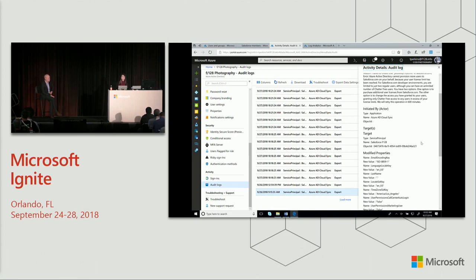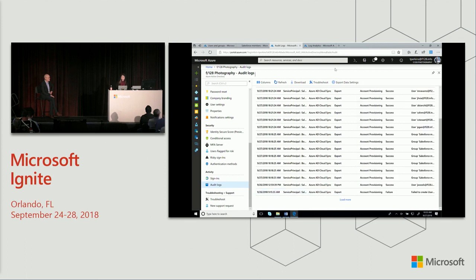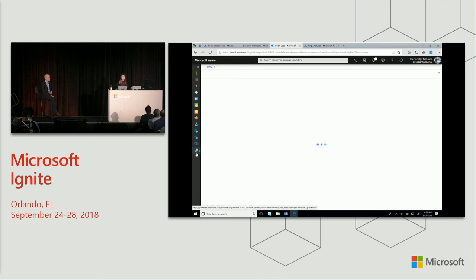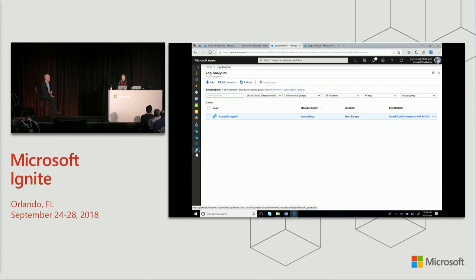But you're probably noticing that this type of data is great for one-off troubleshooting cases and trying to understand what might have happened, but it doesn't necessarily help you when it's time to aggregate and analyze this data. So as mentioned, one neat integration we have is with log analytics. So I'm going to go ahead and move to that Azure service over here and show you a little bit more about what you'll find in log analytics. So here I have an event hub that actually captures every event happening in Azure Active Directory. And if I click into that,